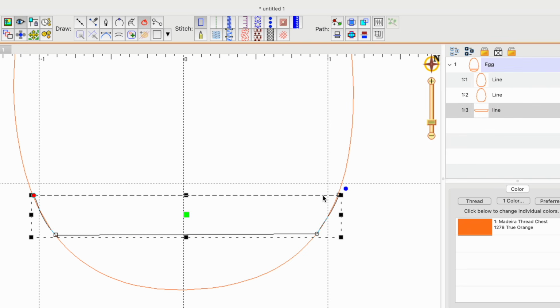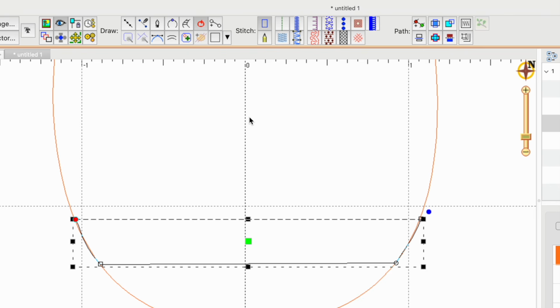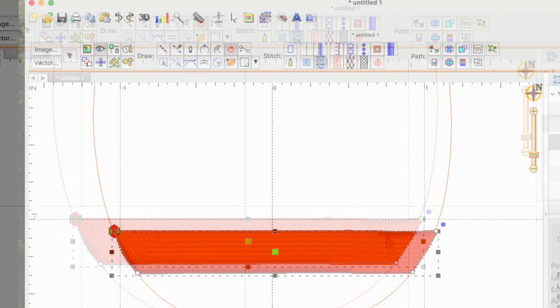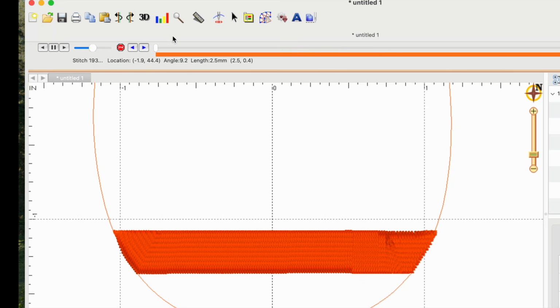So let's go ahead and select this again, and it's time to add that fringe. To do that, you're going to go right up here to where it says satin column. We'll click on it, but there's a few more things we have to do. If I click on the Stitch Simulator,